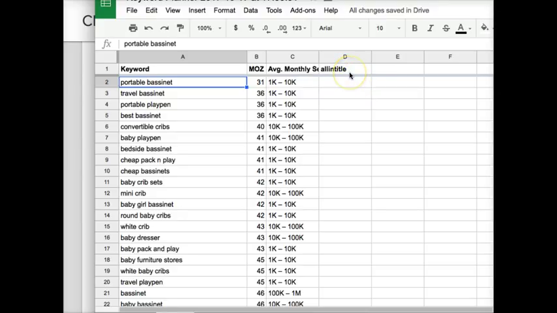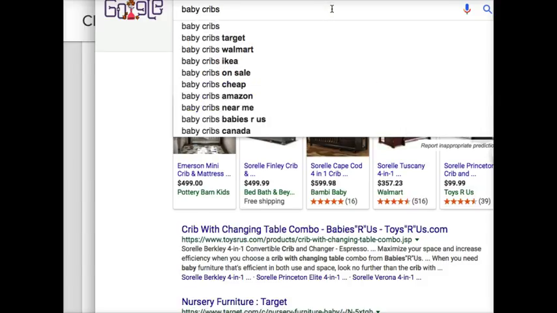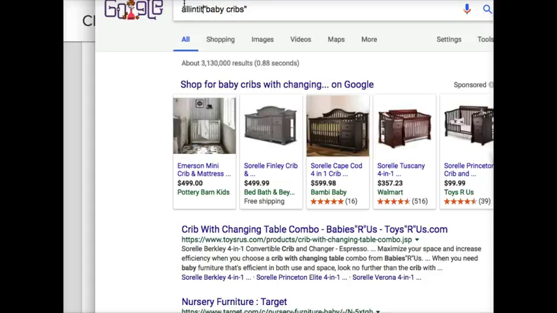The all-in title is discussed in the keyword research webinars, and that's where we can get an idea of how many people are competing for this. So if we come over here to our search, let's just do baby cribs. So the all-in title, we would go like this and put quotes around our key phrase, and then that tells Google, hey, search for these words together, just like this, everything within quotes. And before that, we've got to tell Google what we want them to search. So that's where we put in allintitle, colon, and a space there.